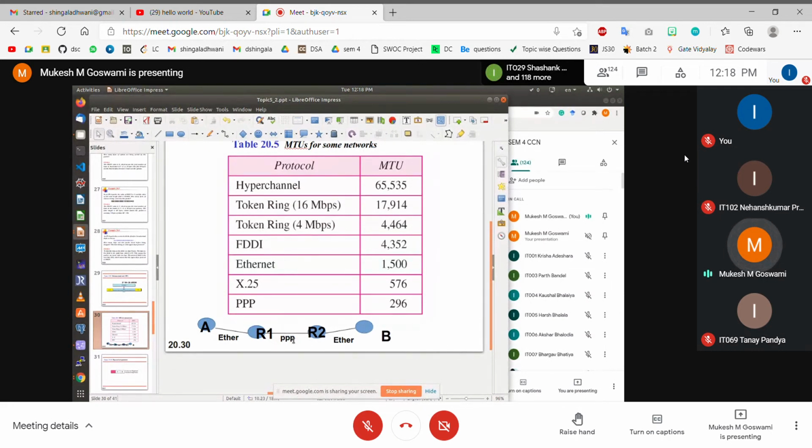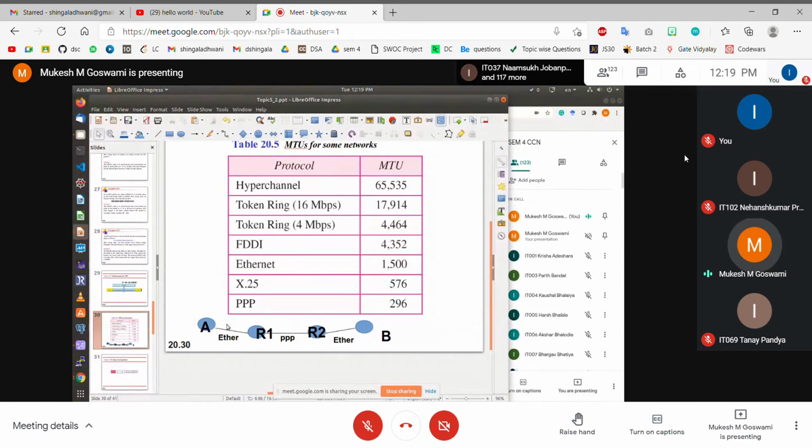This is not exactly how it is done in practice, but for the sake of understanding, let us assume that we have this PPP, right? Normally the link between two routers, the wide area network link, is fiber optic, right? Majority of the time when we connect our device with a remote device on a wide area network link, that connection is mostly fiber optic. But let us keep that apart right now, and let us assume that it is a PPP link.